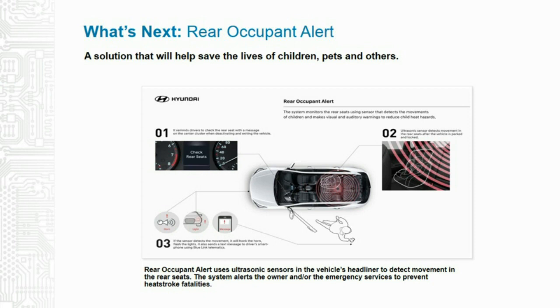It depends on an ultrasonic system. Hyundai has one already. When the engine shuts off, if the back door has been opened prior to driving somewhere, which tells the car that there may be somebody in the back seat, it provides an audio and a visual alert. Motion Center will sound the horn, flash the lights, and send a notification to the owner's smartphone if an occupant is detected inside the back seat for up to 24 hours.